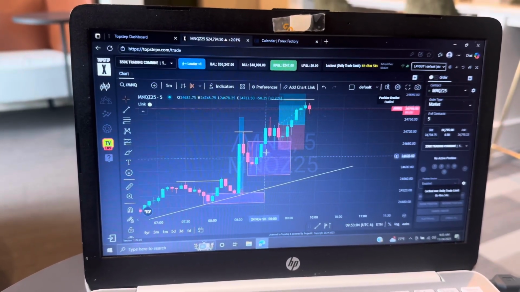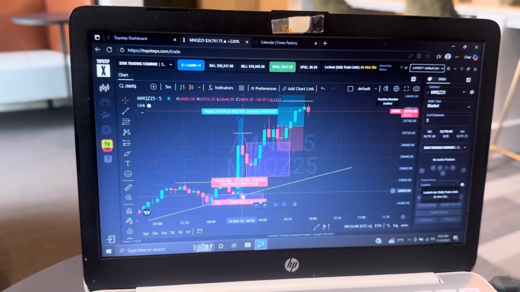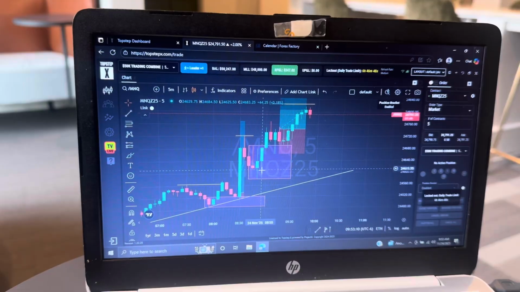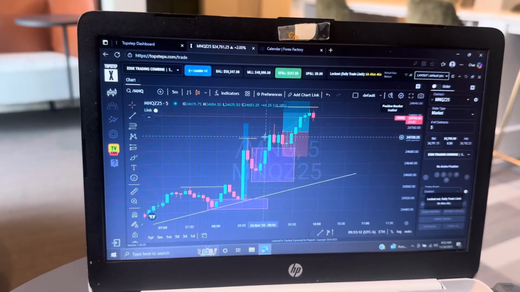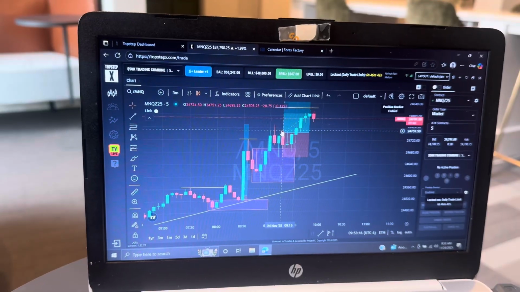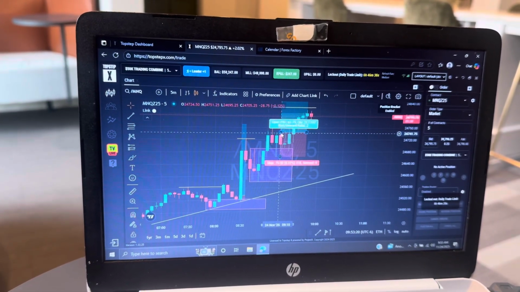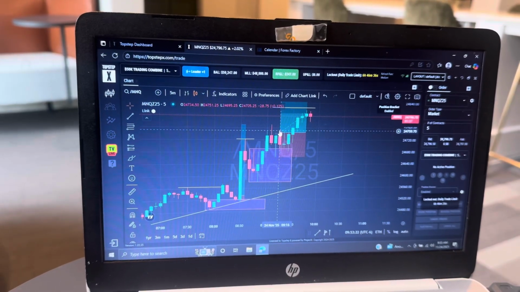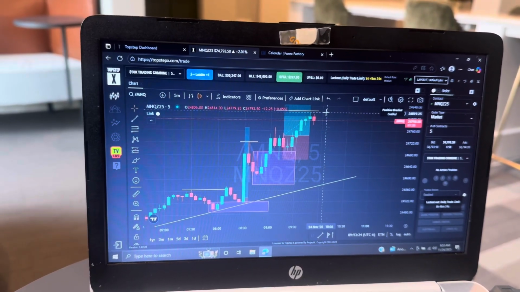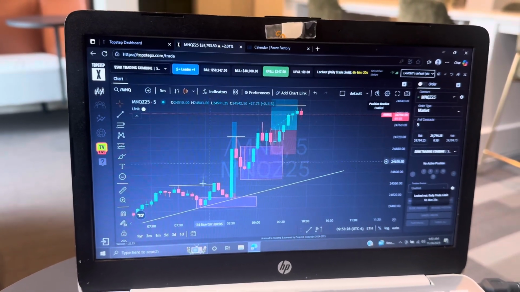This right here is the second setup, right? I was waiting for price to come back down to this zone, but it didn't. So we created a new zone. We broke highs right here, again creating a new zone. So when we created this new zone, price came down, tapped into it, and the entry would have been at the break of this candle. I didn't take this trade. It would have been at the break of the candle and target a 1 to 1 or 1 to 2, whatever, right? This trade was not as clean as this trade.